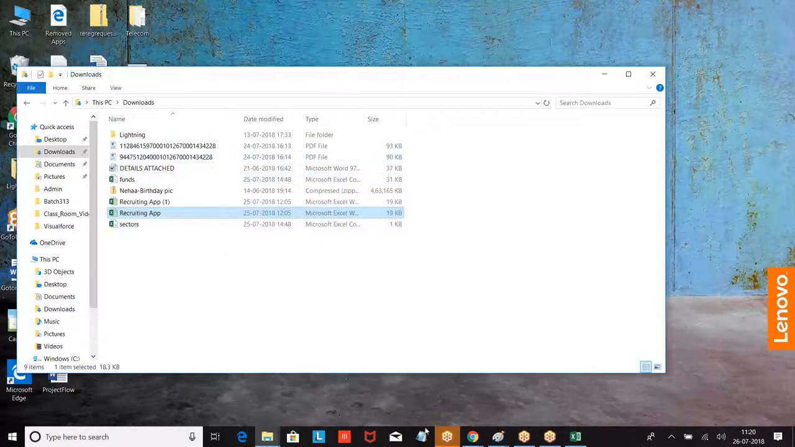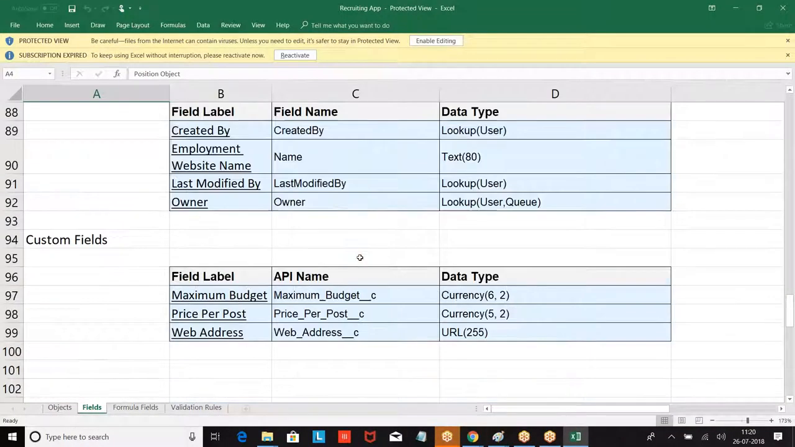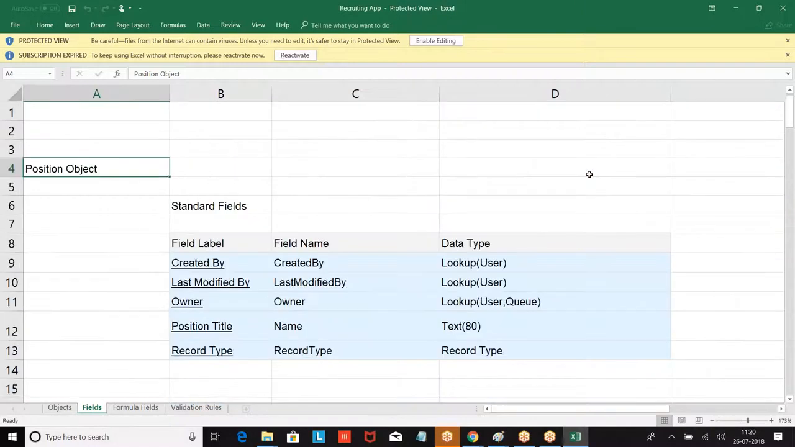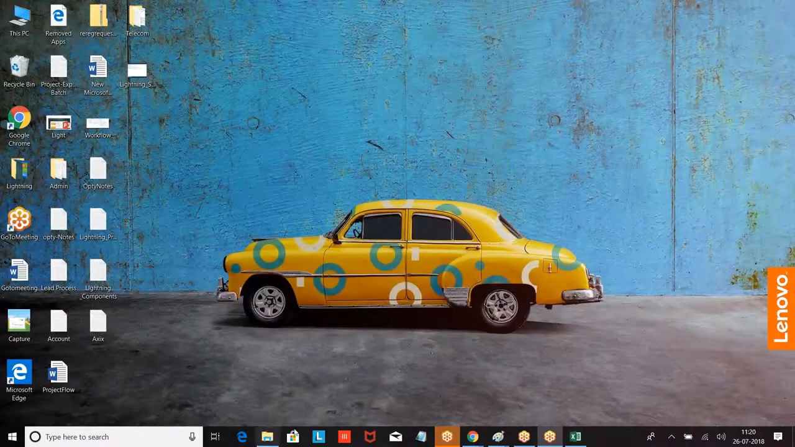Now if I want to implement this, there are a group of objects and a group of fields. If I go with the standard navigation, it will take a lot of time for me. So I will not go with the standard navigation. I will prefer to go with the schema builder. So what I'm doing, go to the